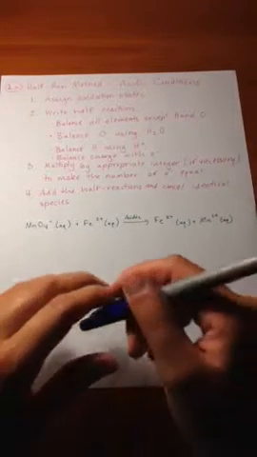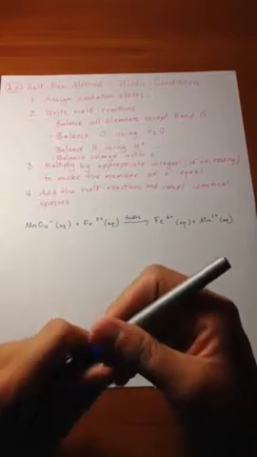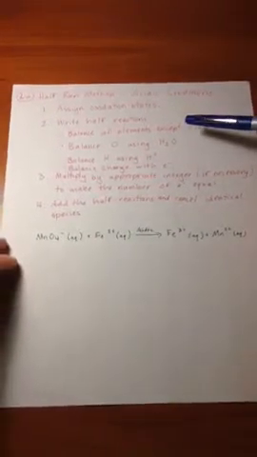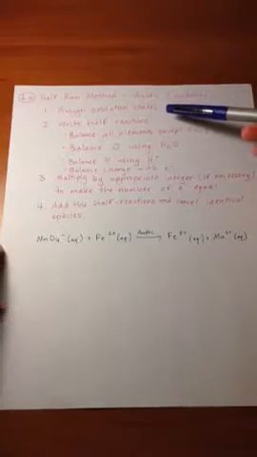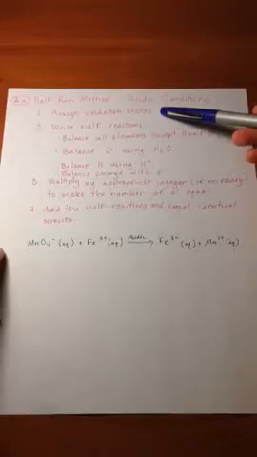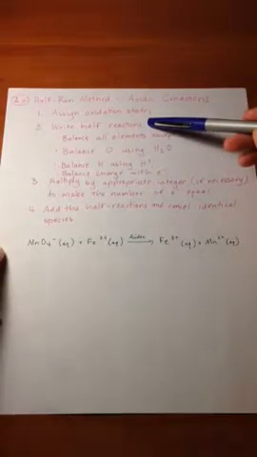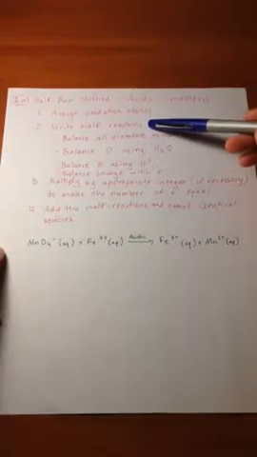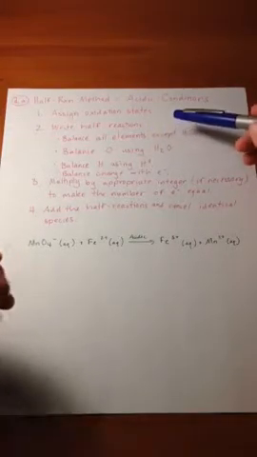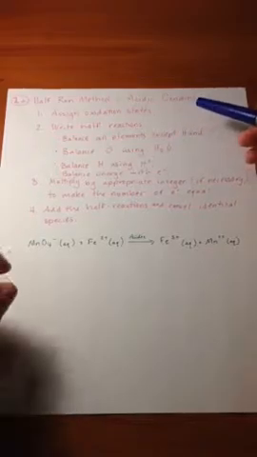So here's how to balance that using the half reaction method under acidic conditions. Okay, so the steps for this method are kind of similar to what we did before. First we want to assign the oxidation states for each atom, but this time we're going to write half reactions, and that's just going to show which atoms are involved in the reduction and which ones are involved